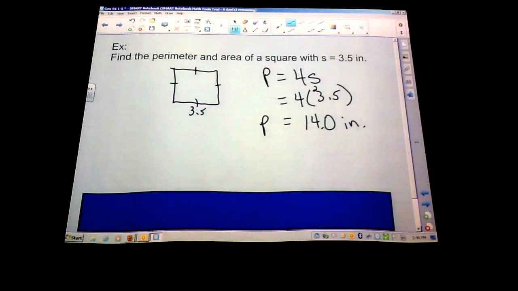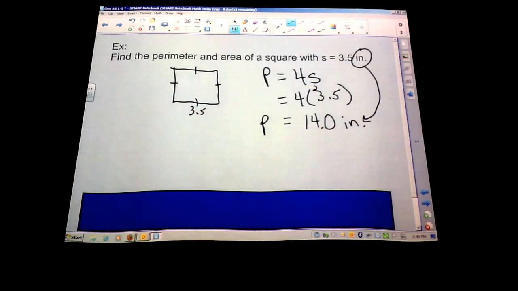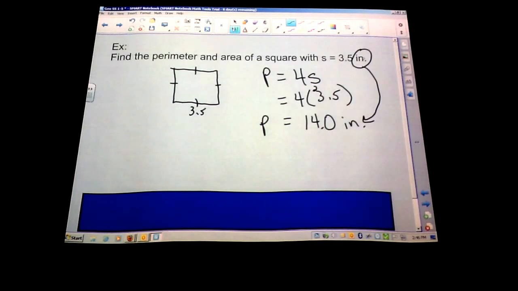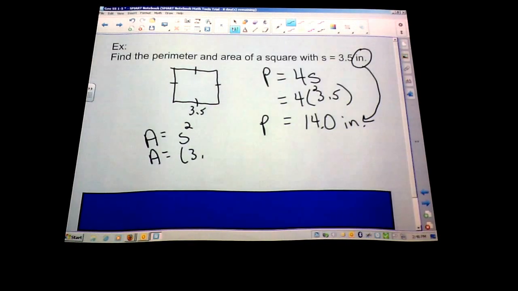Okay, we always want to label whatever our units are, so if we're given inches to start with, perimeter is just going to be the same units that we start with. Whereas area, we're going to have to take side squared, so our units are going to end up to be inches times inches or inches squared. So our area is going to be 3.5 squared,